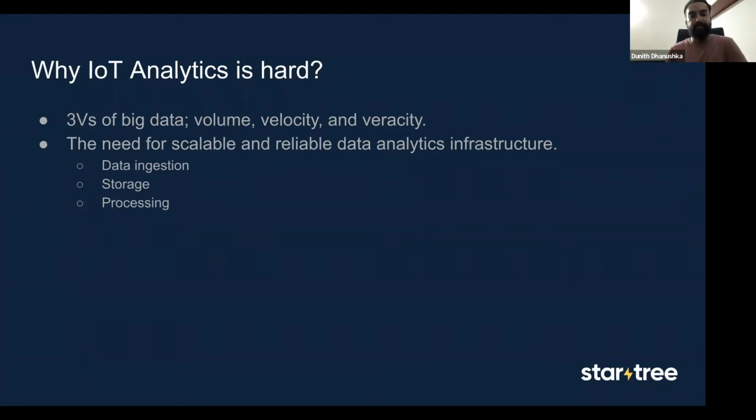Also, processing it to meet strict SLA deadlines is another challenge. That's why IoT analytics is somewhat difficult to achieve even today if you can't find the right toolset. So in this session, we'll look at two famous tools we can use to build a typical IoT analytics system.